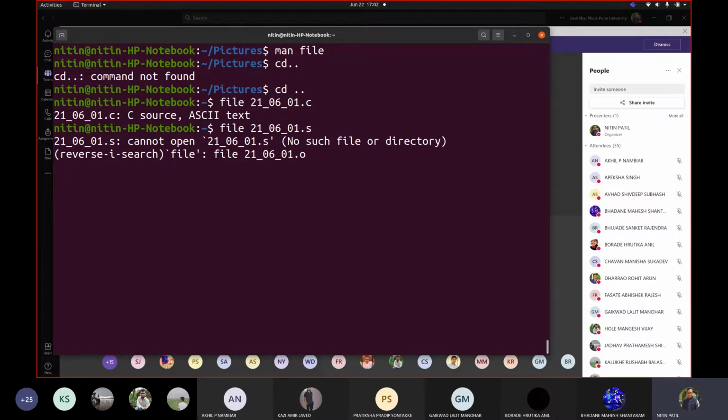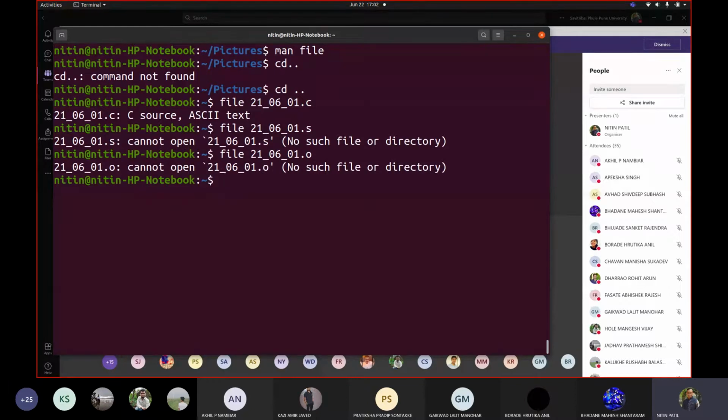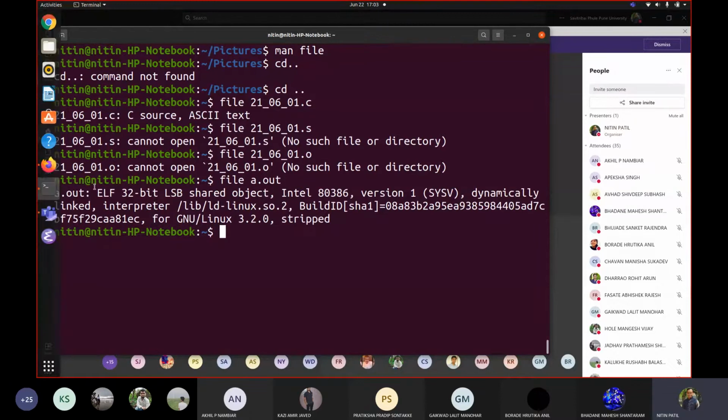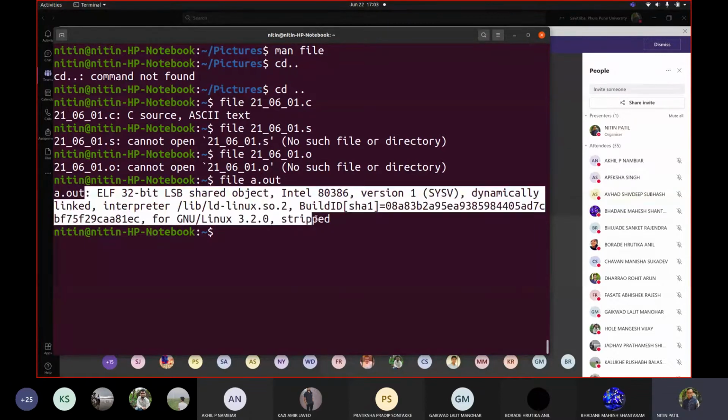We wrote it for object code 2. And with respect to each type, as I deleted some of them, maybe we used it. So if the respective file type is available, ultimately it will tell us what the type of the file is. Now, how exactly might it be identifying these file types? What is the description that we see here? Say, for example, a.out is there. So it showed us this. On what basis does it show this?